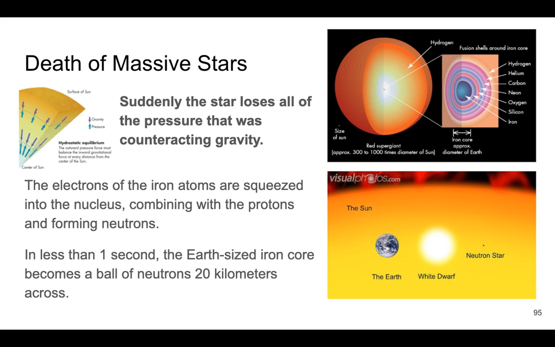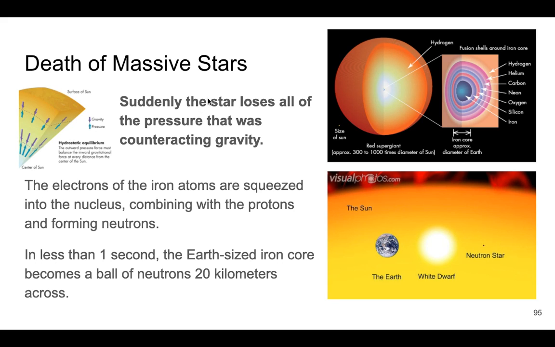So the whole time the star was alive, remember we had this hydrostatic equilibrium. Gravity was trying to crush it, and pressure from nuclear fusion was counteracting gravity, and it was supporting it. It was trying to blow it apart. Now we get to this point, we're trying to fuse iron into iron plus iron or iron plus anything else. And every time that happens, you lose energy instead of gaining energy to counteract the gravity. So very, very rapidly, in less than a second, this is going to happen at this point. Once it starts trying to fuse the iron,